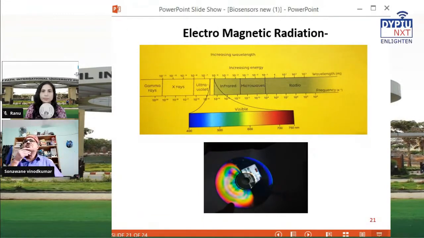So I have tried to show how the light is split into different colors. We can have a simple DVD, and the light can be entered from one side face of the slide, and we can literally see how the light splits into 7 colors. It is just an experiment, we can do that. Okay, now